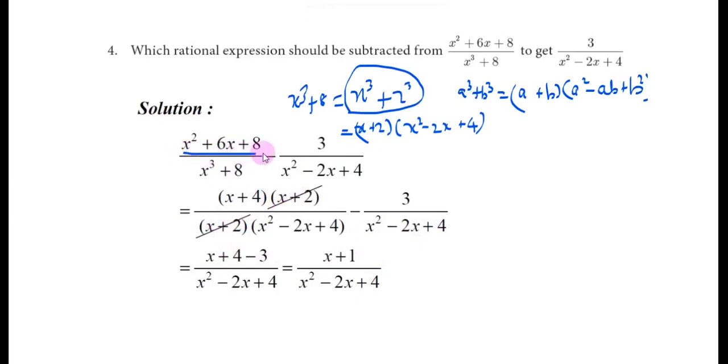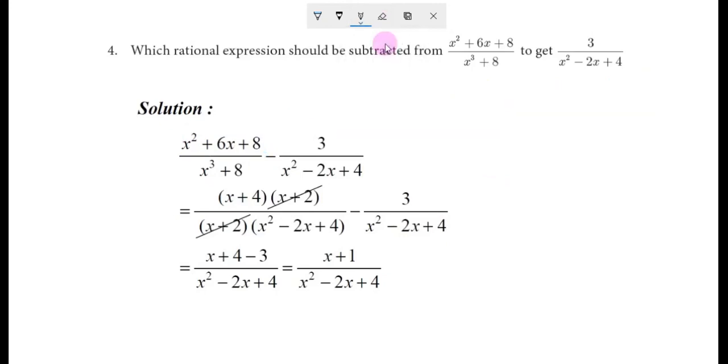Here how we got this factor? So let us factorize. So look, x square plus 6x plus 8. X square coefficient here we have 1. So 1 into 8, 8. And x coefficient 6. Here we should find two numbers: when we multiply we should get 8, when we add we should get 6. So 4 and 2. Already we solved more sums using the factorization.